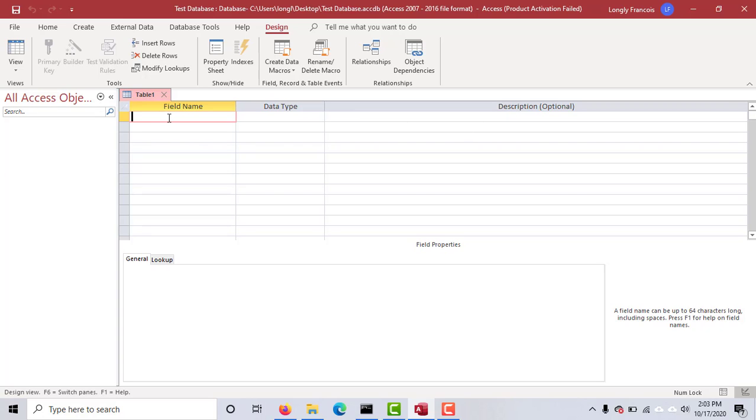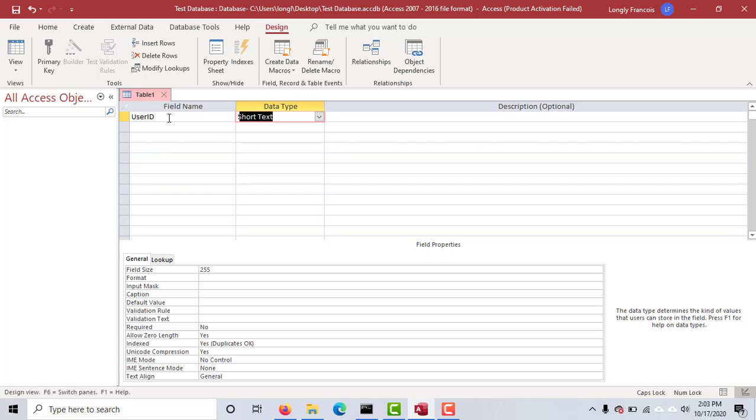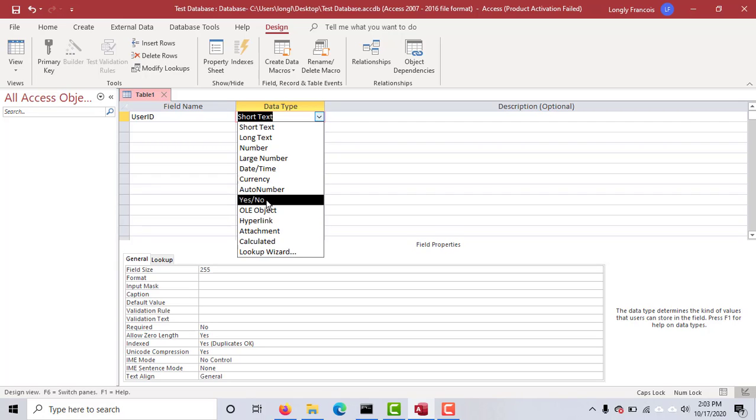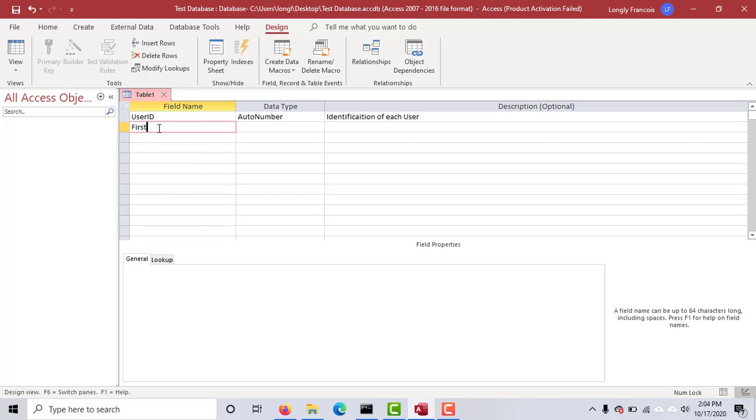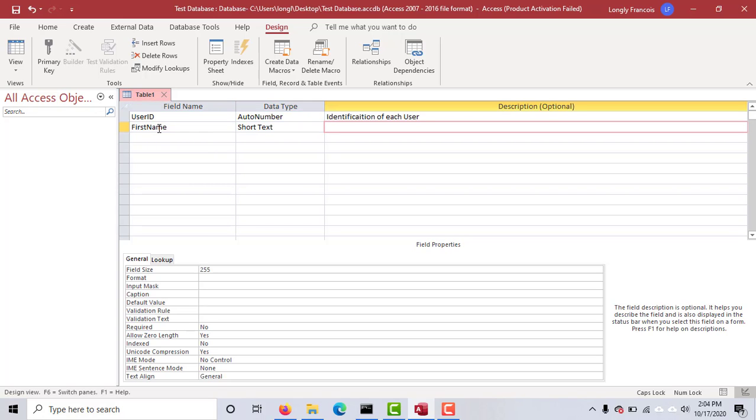So our first field name will be user ID. We're going to have that as an auto number. The data type, the description will be identification of each user. So then we're going to put first name, and we're going to use short text. Obviously that's the first name of the user,